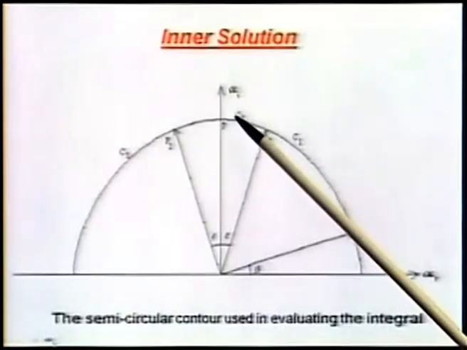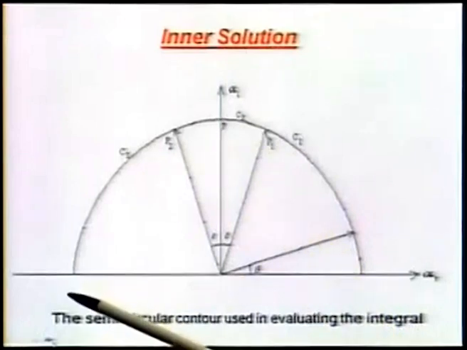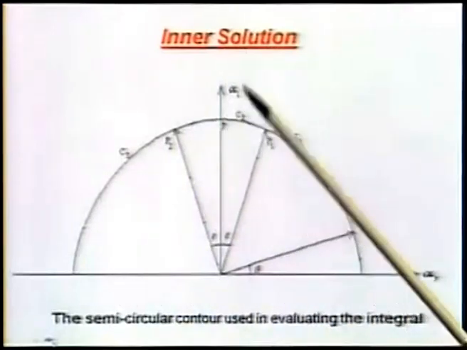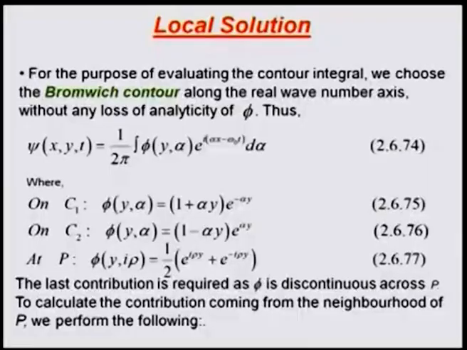So, what we would do is we basically would find out the contribution coming from this part, coming from this part, and coming from the middle part. In the middle part your solution is discontinuous, but you know how to handle it. You take the average of the left and right limits, that we are quite aware of what to do. So, basically then